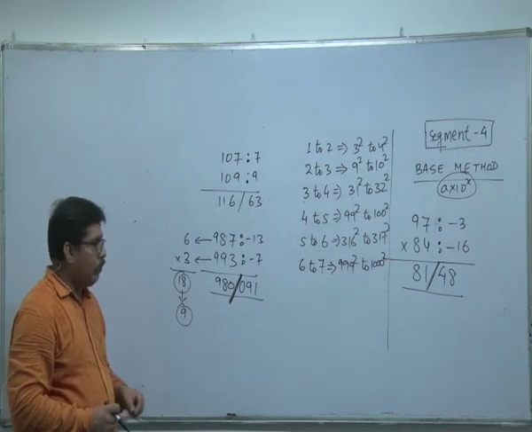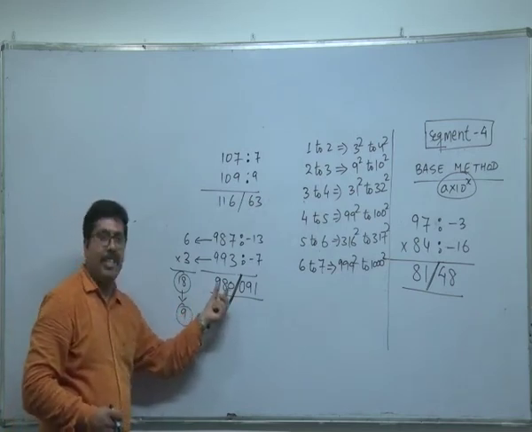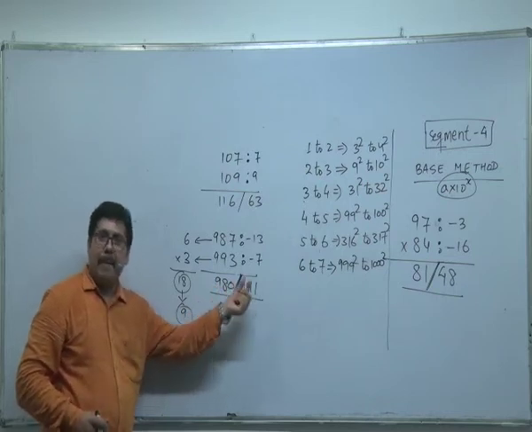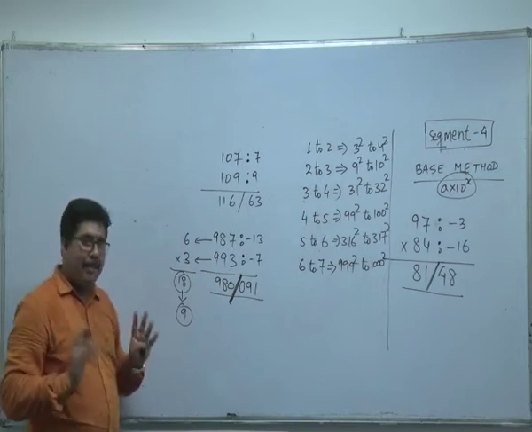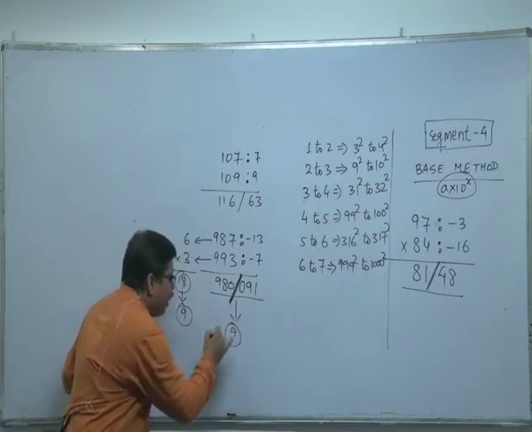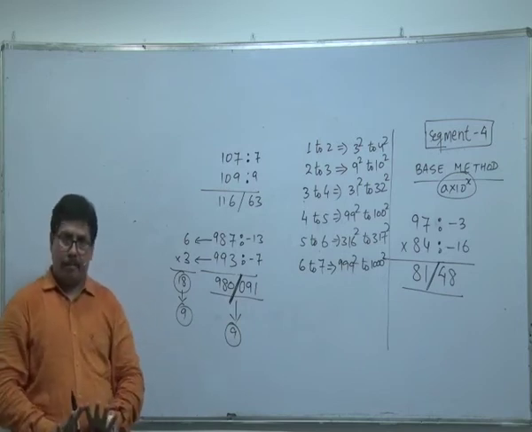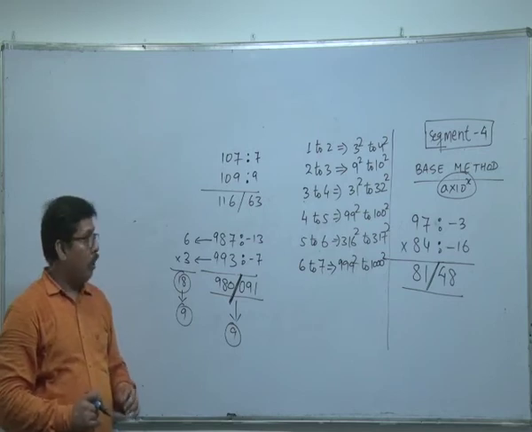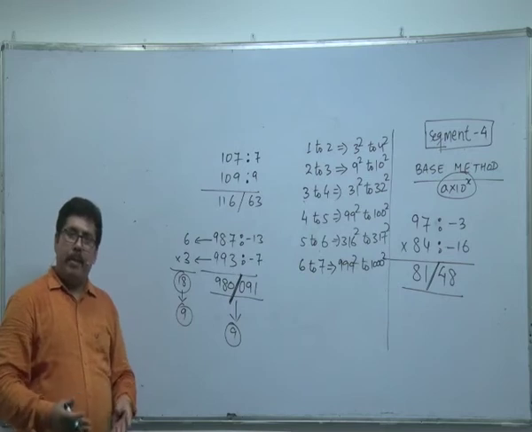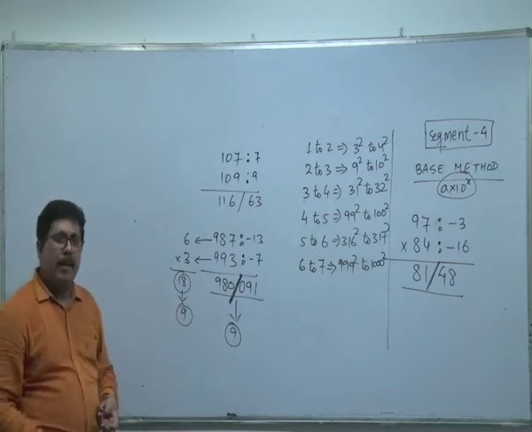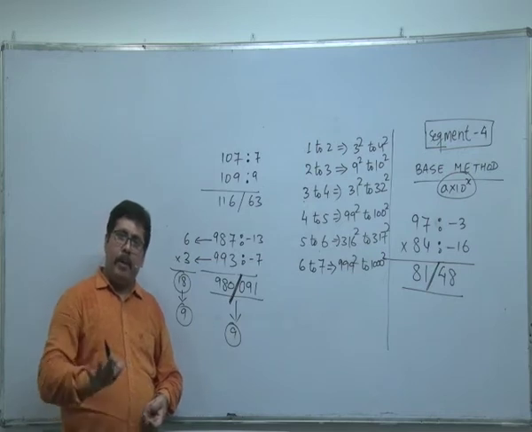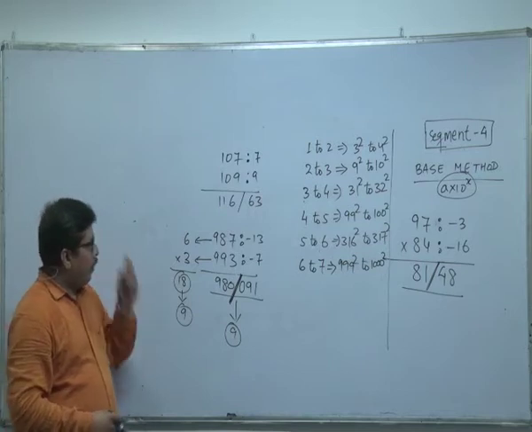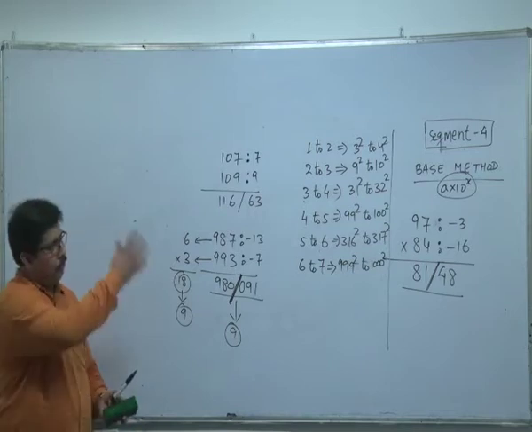18 is actually 9. So what is the digit sum of my final result? 9, 8, 17, 9, 26 plus 1 is 27. So can I say my answer is perfectly correct? We have already cross-checked it. So you may cross-check your result whenever it is required. It is not mandatory to check every number, but whenever you feel so, you can cross-check it. I hope these 3 examples are clear.